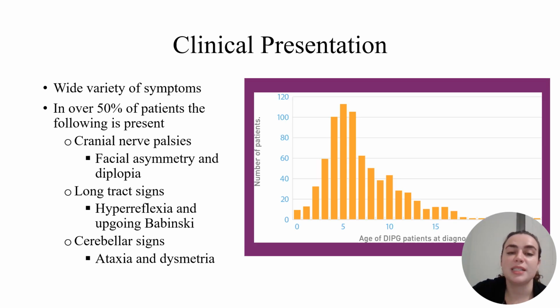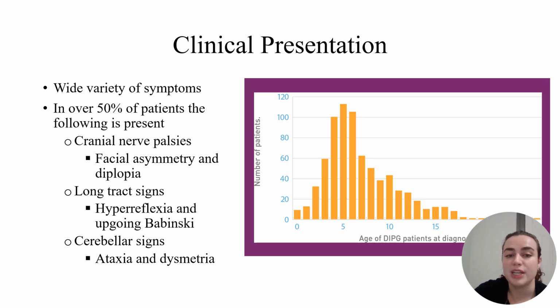So about clinical presentation, it is a very rare cancer. Only about 150 to 300 kids get diagnosed per year in the US. The average age of diagnosis is about 5 to 7, as you can see in the graph that I've placed on the screen. There's a very wide variety of symptoms, but in about 50% of patients, you'll have cranial nerve